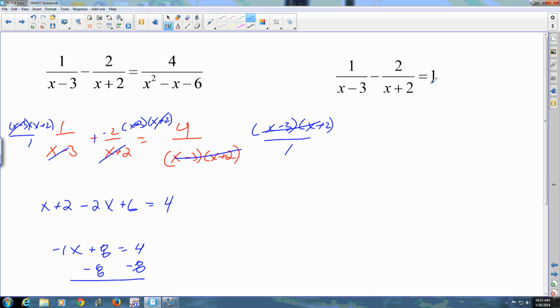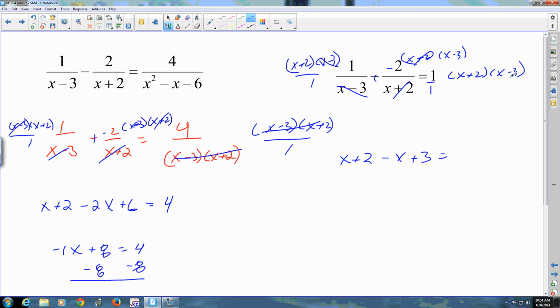All right, here, both of these are your LCD. So multiply everything by your entire LCD. x plus 2, x minus 3, x plus 2, x minus 3, and x plus 2, x minus 3. All right, here the x minus 3 cancels, so you get the x plus 2 just like we did in the other one. I'm going to move that up so I don't lose it. x plus 2 cancels, minus x plus 3 equals, this you know from the previous problem is going to be